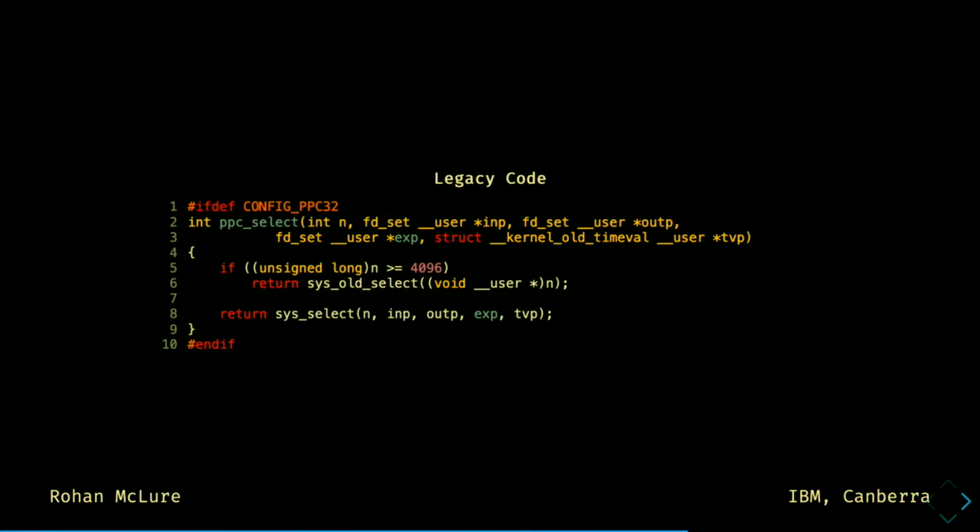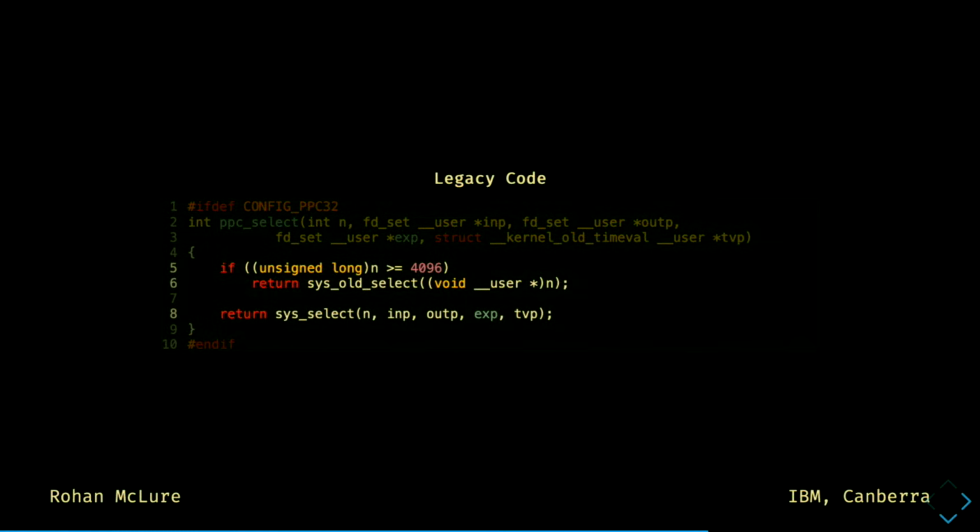And then there was this little gem. All right, well, it turns out, because this is a syscall and we don't break user space, this was ABI for a while. I couldn't change this without much arguing. So in short, there was this crazy PowerPC 32-bit only syscall where it would check whether the first parameter is a pointer or not by seeing, is it bigger than a prohibitively large number of file descriptors? And if so, it would arbitrarily decide, use these old semantics, if not, use these new ones.